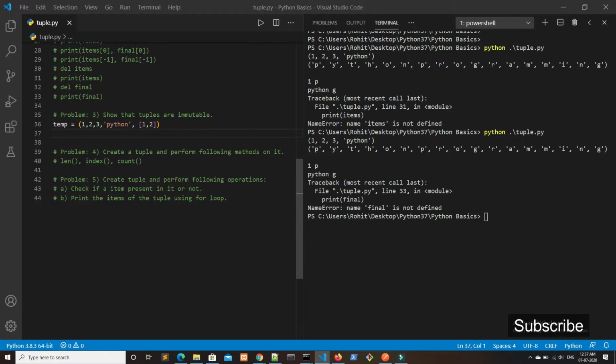Okay, so suppose I want to change the value 1 to some other value, let it be 10. So to get the first value, we write temp[0].